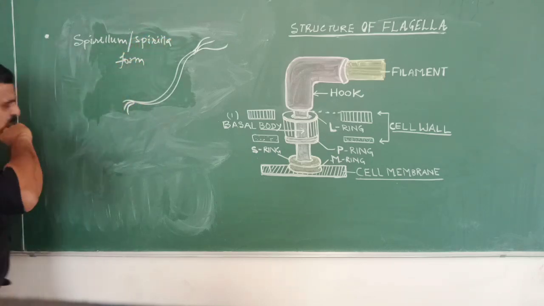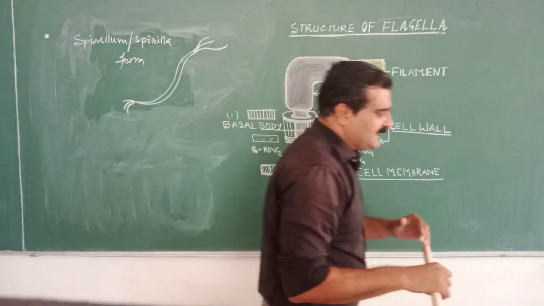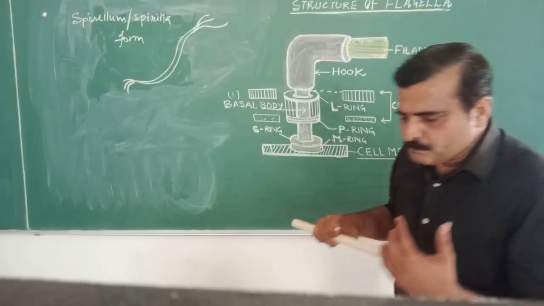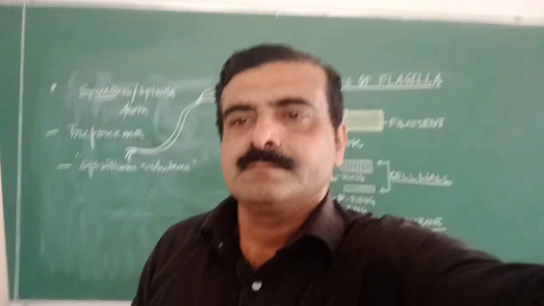The body looks like a spiral, and the examples are Spirillum volutans as well as Treponema. These are the examples of spirillum bacteria. Now Vibrio cholerae is the example of